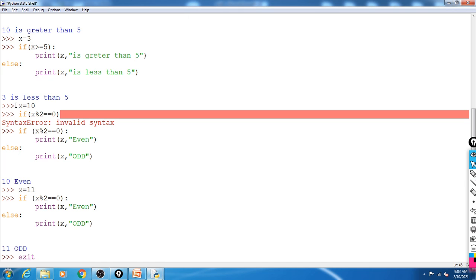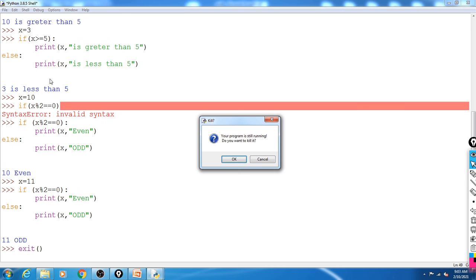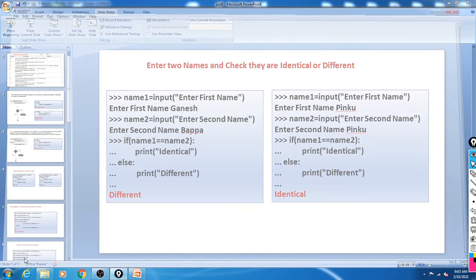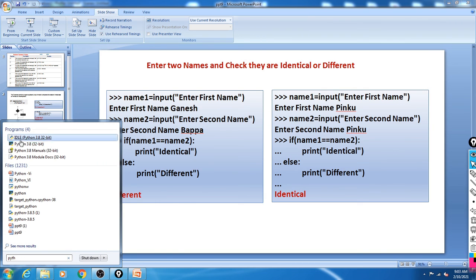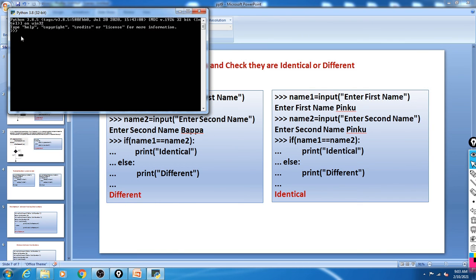Suppose we want to use another environment, so what would happen here? Look here, this Python we can use, this one. Okay, here you can write like this, x is equal to 10, if x greater than or equal to 5. In some versions of Python it gives you three dots. Okay, that is the secondary prompt in Python. You have to use a tab space character here, because the cursor is present at the same position where the if started. Okay, so you should take it inside the if.